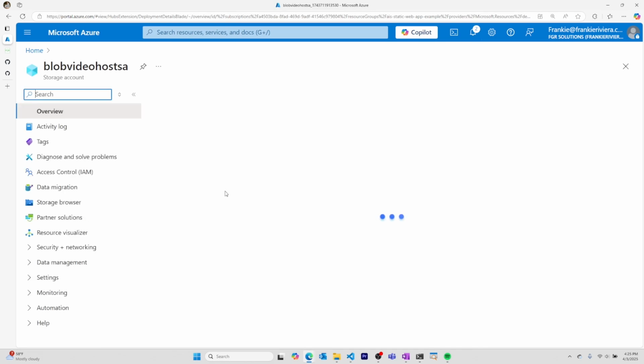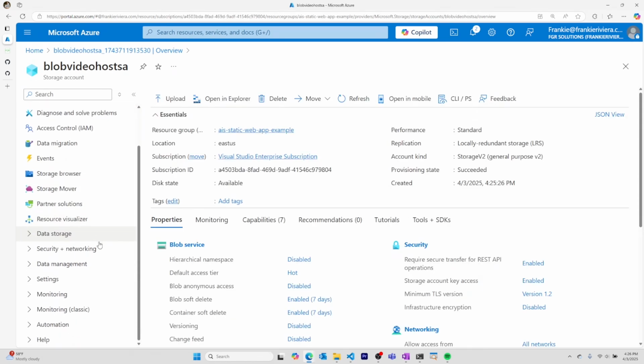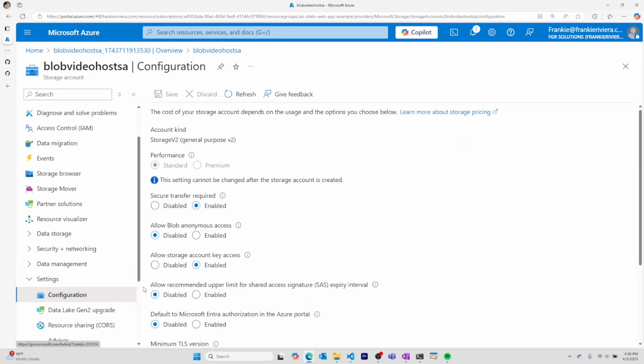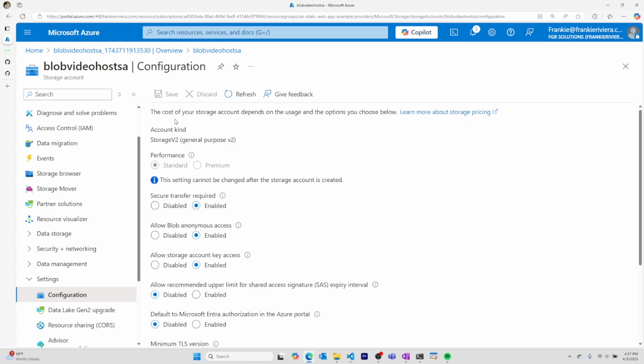My resource is done. I'll go to it. Now, in order for video blobs to be accessed, I need to make sure that settings are set so that people can access blobs anonymously over the internet. So I'll select Allow Blob Anonymous Access. Save this setting. This allows me to make blobs within my storage account that I choose publicly accessible on the